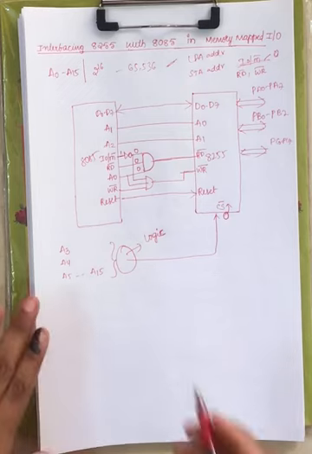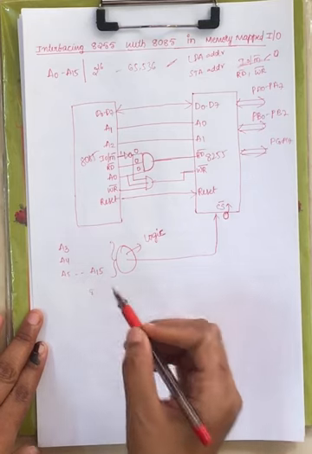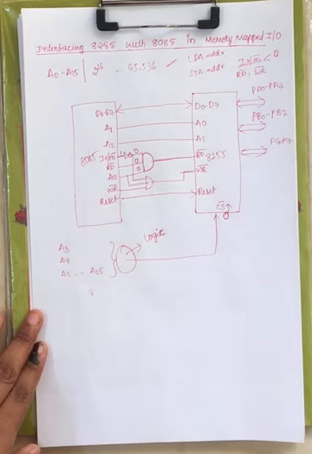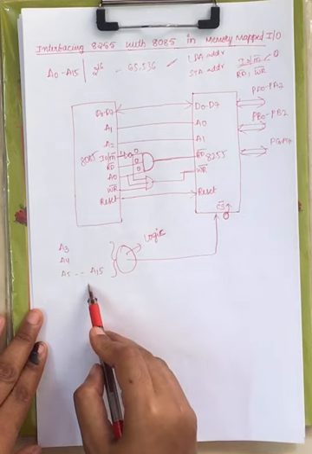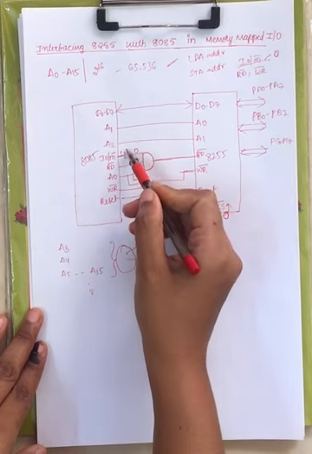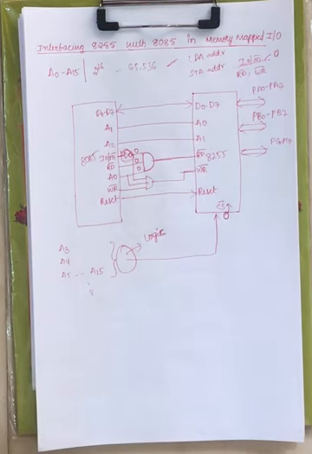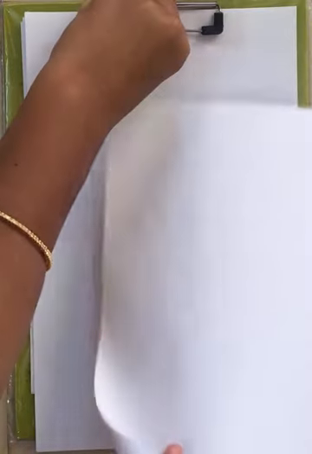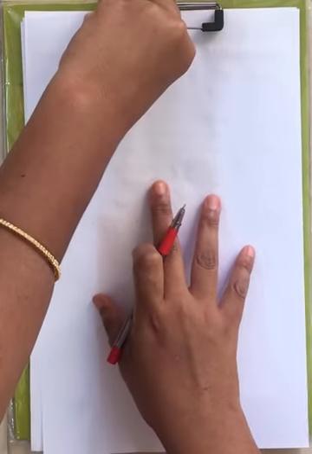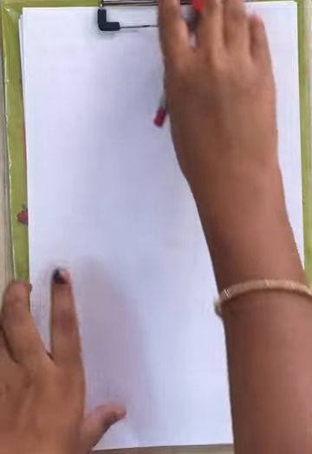The same thing. What is the difference? Here we are using only 8 address lines under IO mapped IO, but here we are using 16 address lines, and one more is this inverted signal, right? Except that, everything is same, right? Now I will give a problem, then you will understand, right?